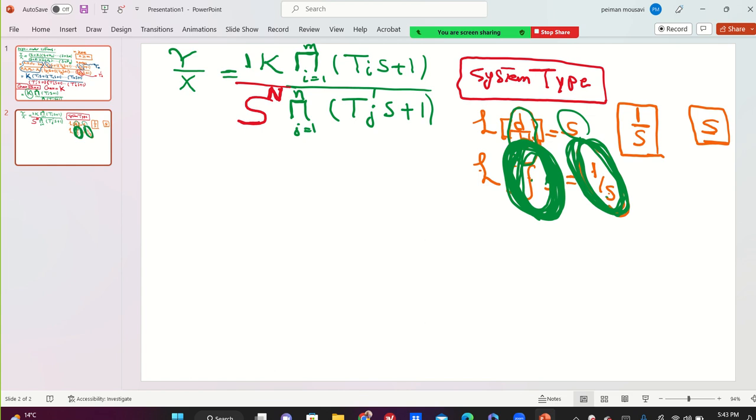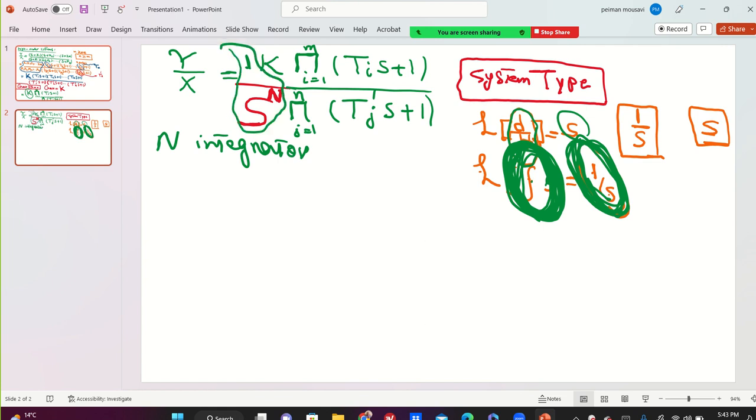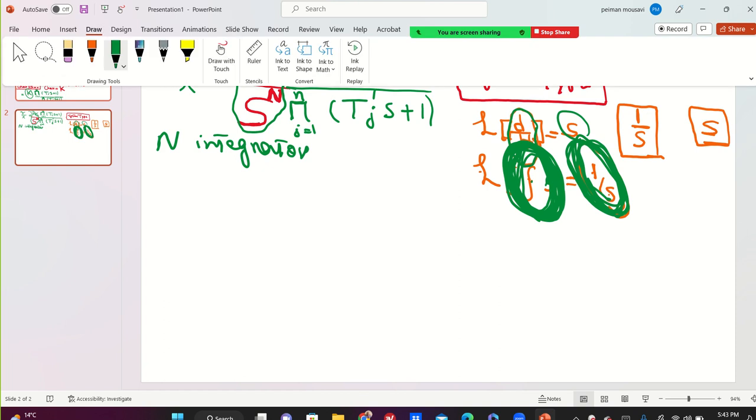Okay, guys. 1 over s means integration. Yes. Means you have an integrator. This 1 over s to the power of n means you have n integrators. That's right. Everybody agree now? Yes? Good. So, system type